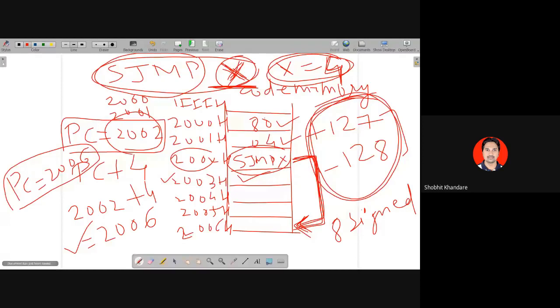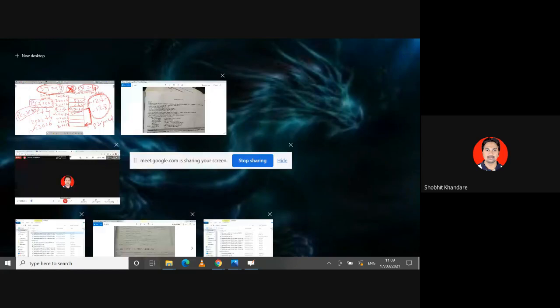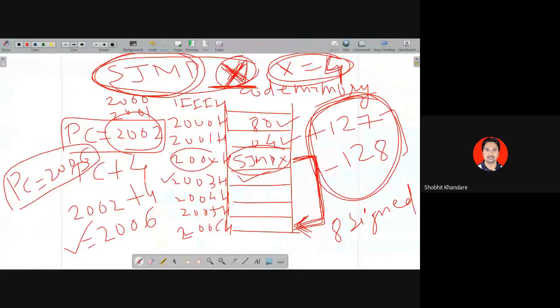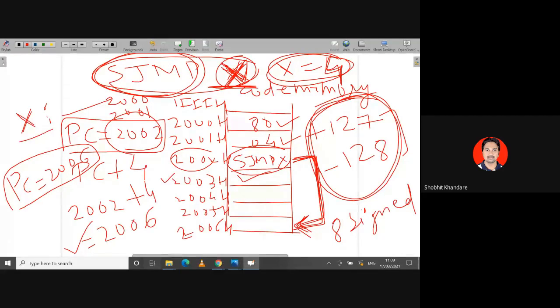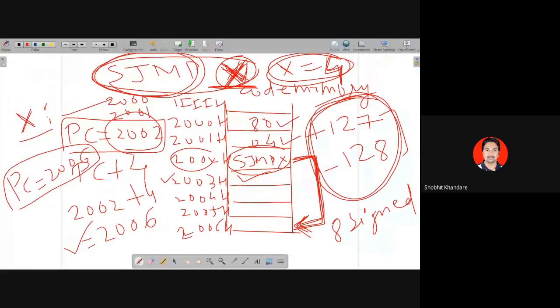हाँ, इसका मतलब यही है कि मैं जब भी SJMP यूज करूंगा तो मुझे याद रखना है कि मेरा जो लेबल X है, वो मैं इंस्ट्रक्शन में कहीं ना कहीं तो लिखूंगा ना। X कोलन और आगे मेरा कुछ इंस्ट्रक्शन रहेगा। तो ये X कोलन जिस एड्रेस लोकेशन पे रहेगा, वो एड्रेस लोकेशन ये रेंज के अंदर रहना चाहिए। इज इट क्लियर?